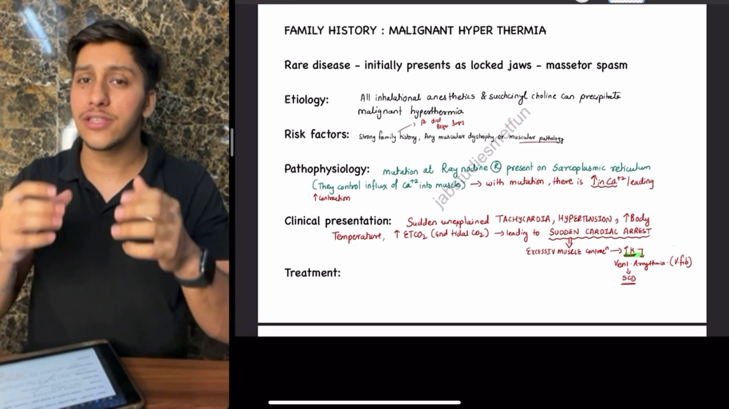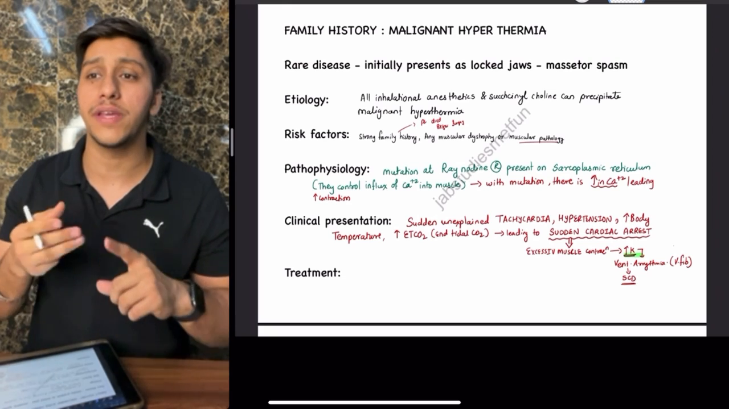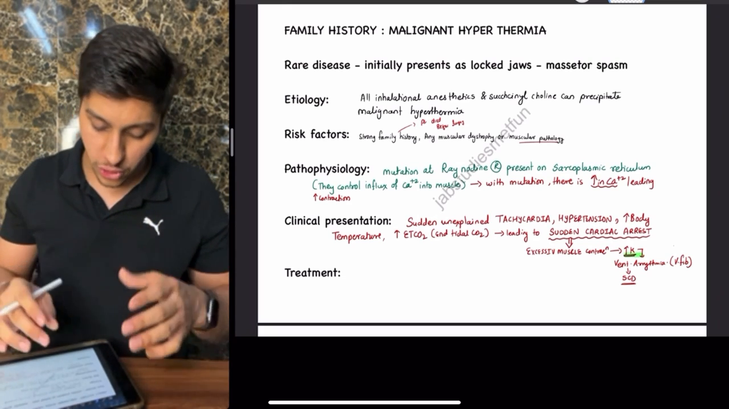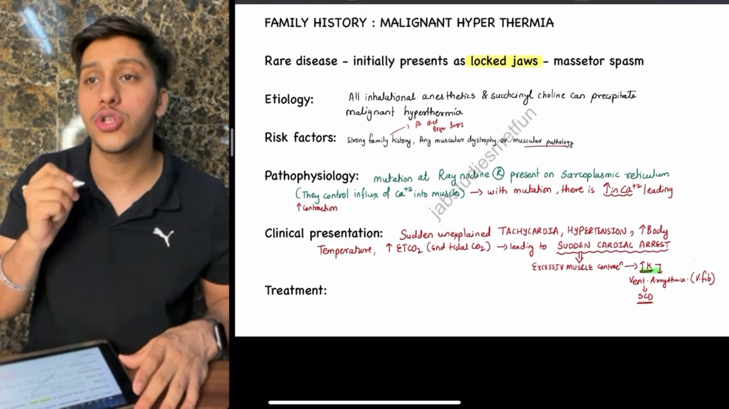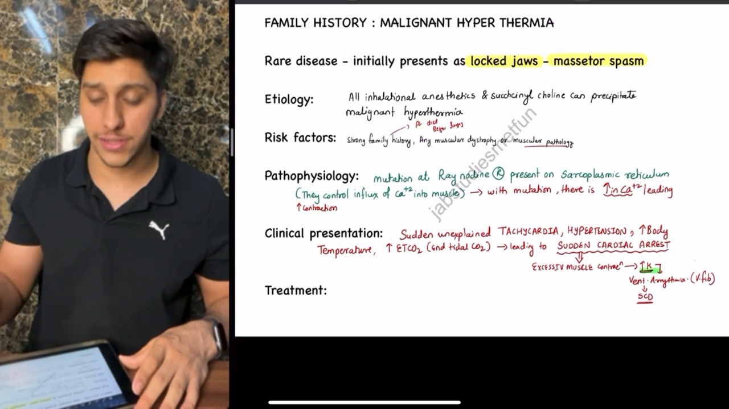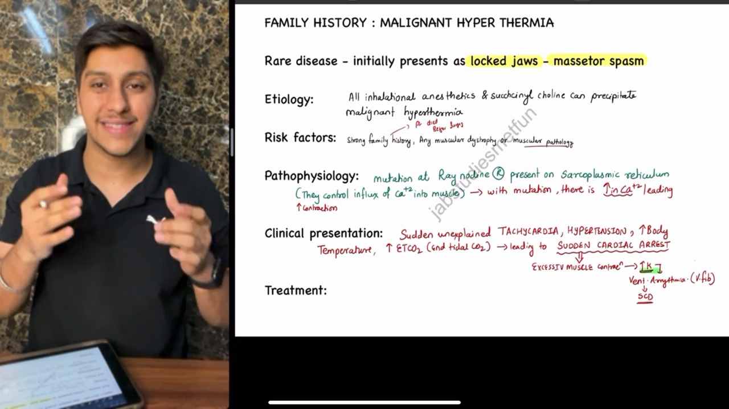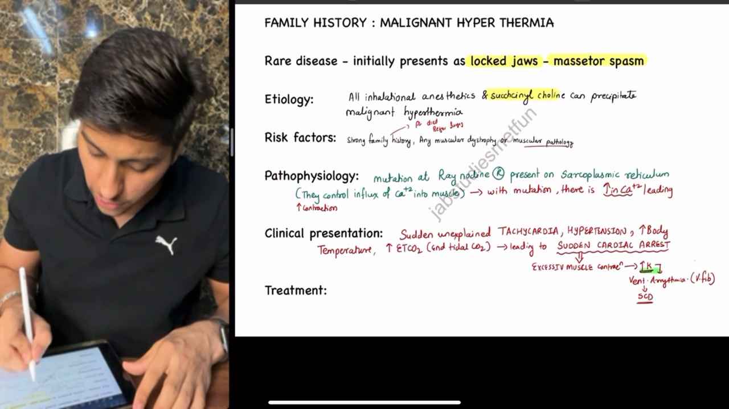So whenever there is contraction, there is going to be increase in body temperature. There is going to be increase in heart rate. There is going to be increase in blood pressure as well. So talking about it more, the first symptom which you will find is going to be lockjaw. And the lockjaw is going to be because of the masseter spasm. What are the causes? Remember, all inhalational anesthetics along with a depolarizing muscular relaxant which is known as succinylcholine can